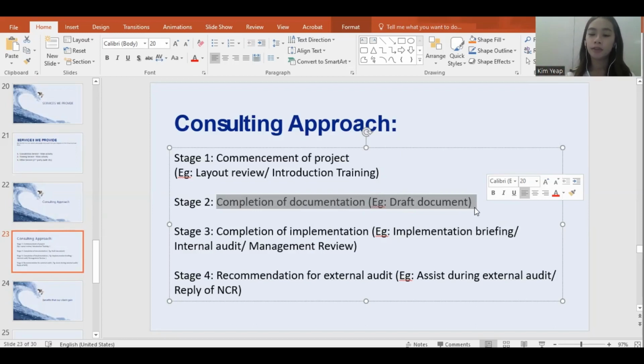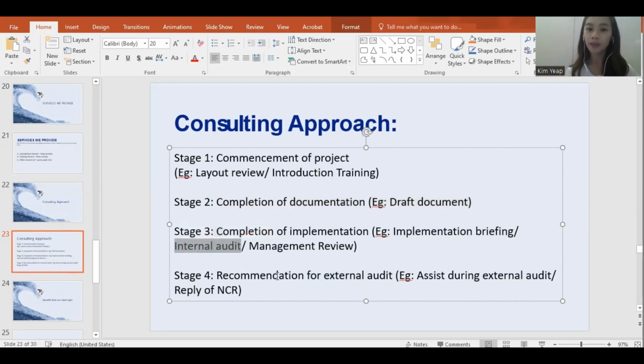Okay, because this might be the first time of you doing so. You want to test and see whether the management system that you planned, that you drafted over here, is effective or not. Before the auditor comes and does the checking, our clients need to do their own checking first. Own checking means they need to do their own audit internally. That's why we call it an internal audit.